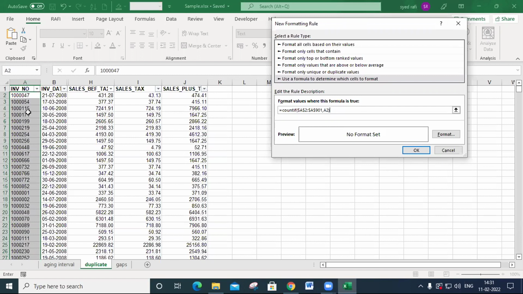we want to do like this. Keep in mind, for the criteria, you must remove the dollars. The criteria must be defined like this. You can't put any dollar. If you put the dollar, it makes it a constant, and the next invoice number can't be checked. Each and every time, only the first invoice will be checked. I don't want to do like that. Each and every invoice must be checked.